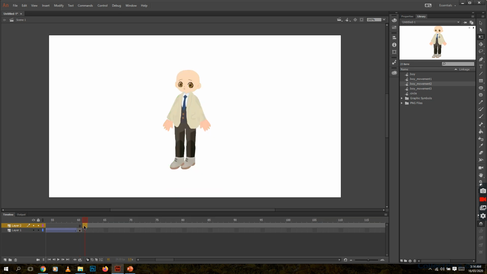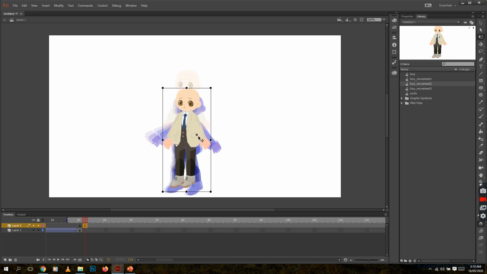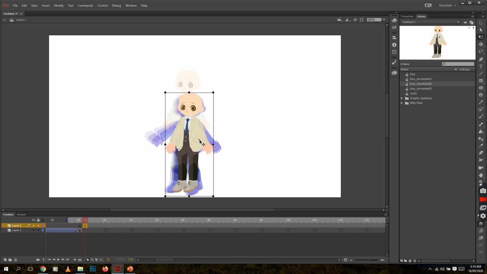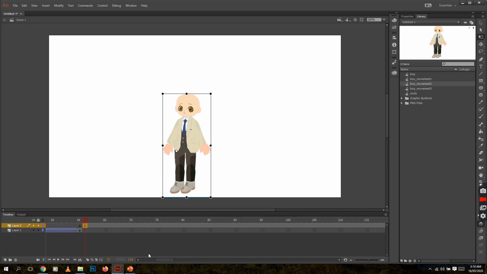So we adjust the location of the other graphic symbol, and then you may turn off the onion skin now